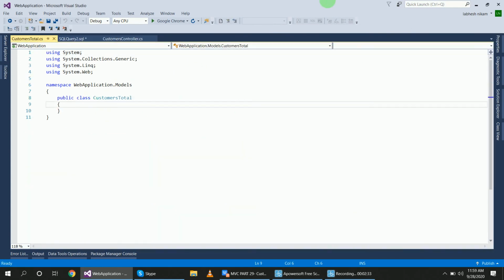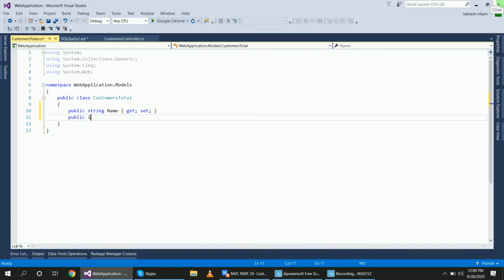Inside of that I will add two properties: public string Name, because I require the department name, get set, and the total number of customers, so public int Total, get set.